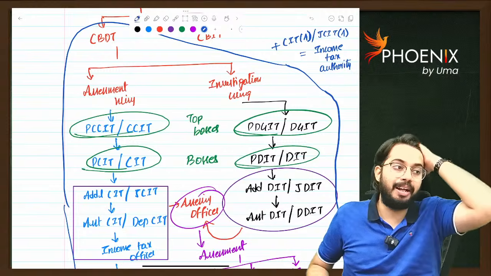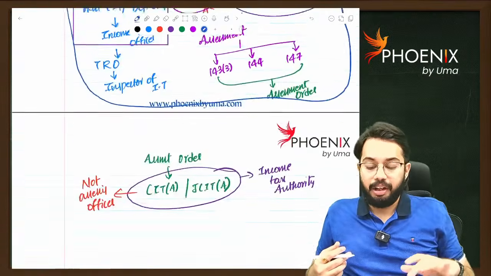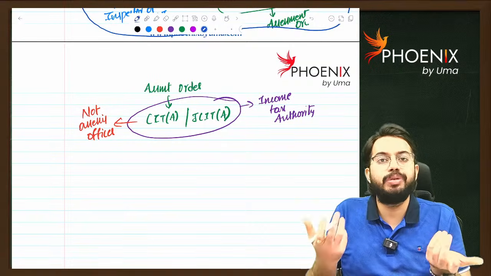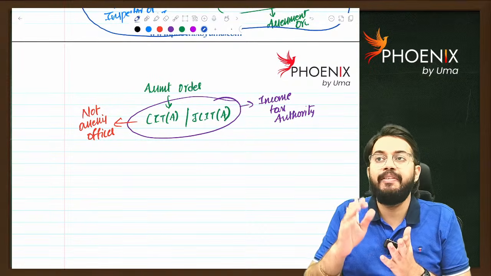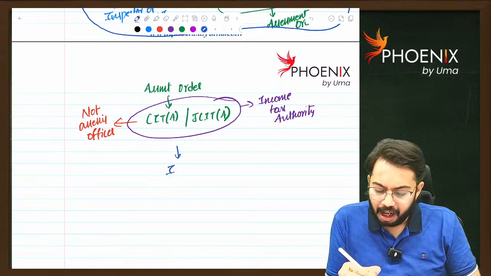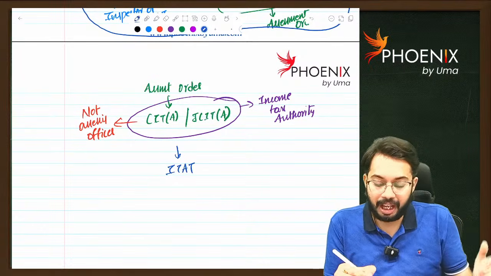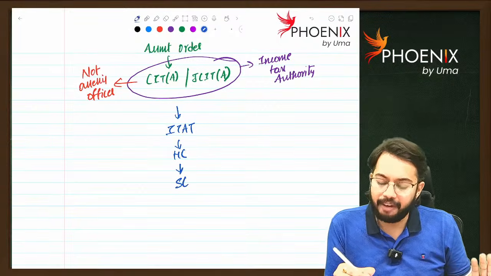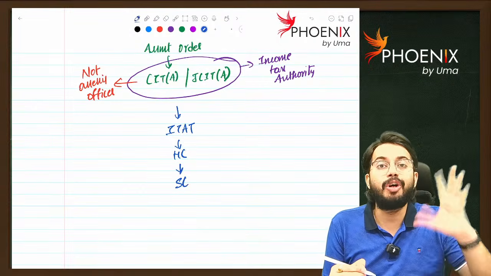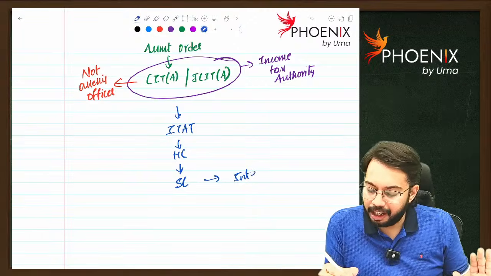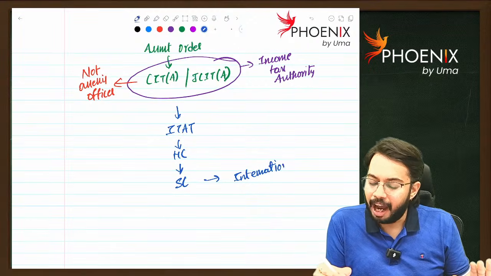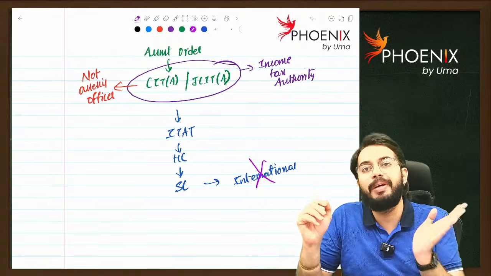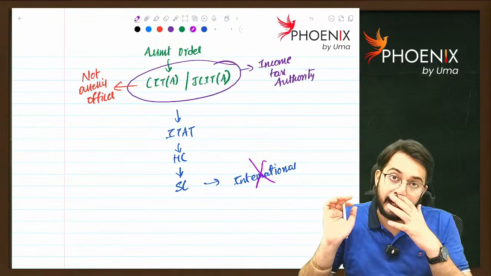Sometimes in MCQ they may ask. Next, see, I file an appeal in CIT Appeals, JCIT Appeals. I will lose. What is the next remedy? I will go to ITAT. In ITAT also I lost. Where will I go? I will go to High Court. In High Court also I lost. I will go to Supreme Court. In Supreme Court also I lost. I will go to the international court. Is it possible? I cannot go to the international court. If I lose in the Supreme Court, I have to come back home and sleep.